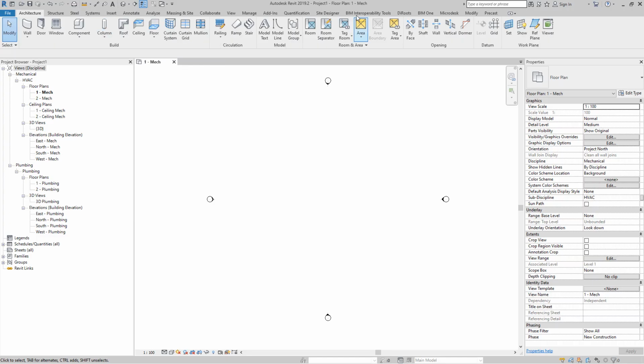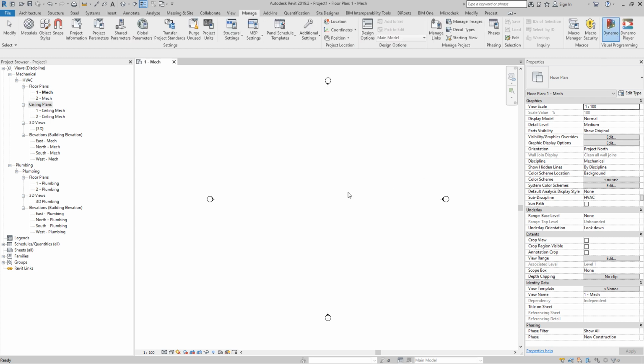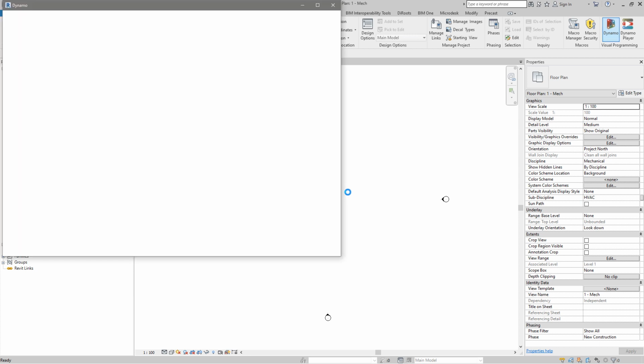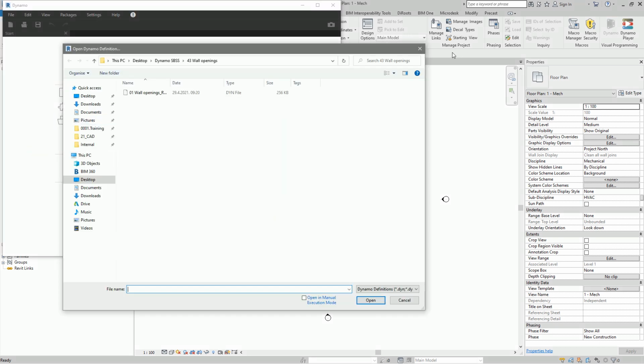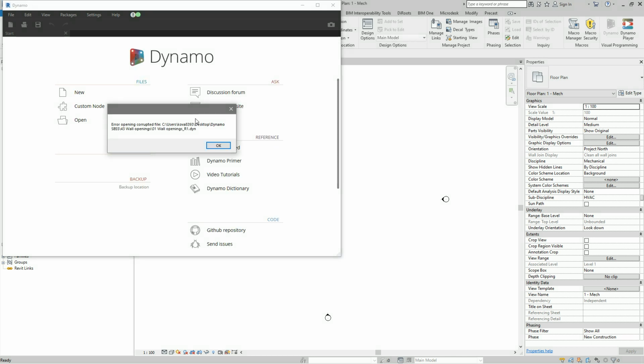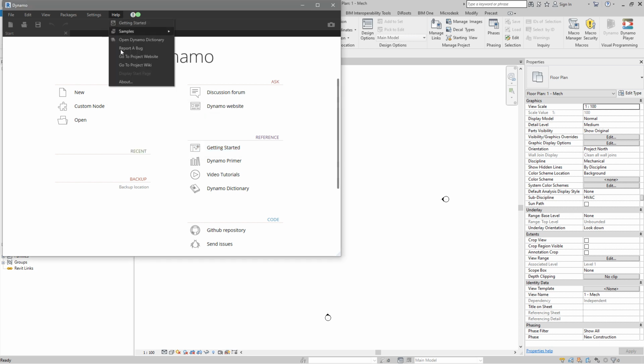For example, now I'm again in 2019 and I opened some mechanical template project. I don't have anything over here, but I will anyway open that wall opening script. I'm not sure if I installed all the packages over here. Also, you can have this for information. So probably this version of Dynamo is, let's see,